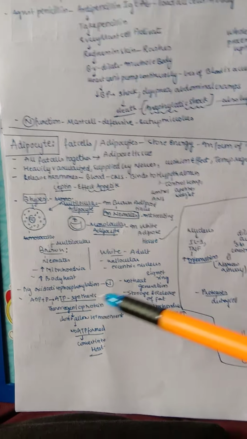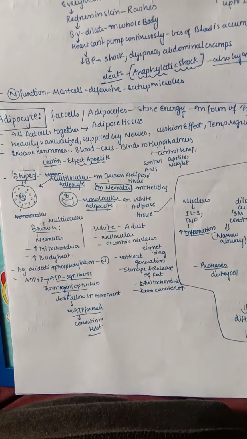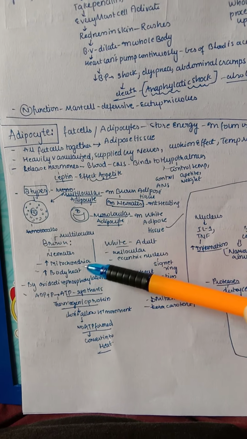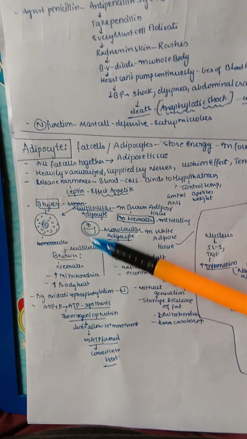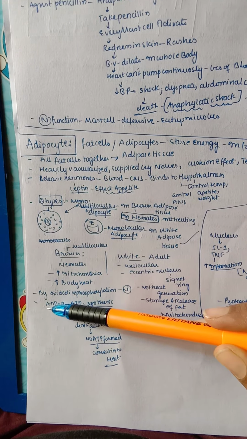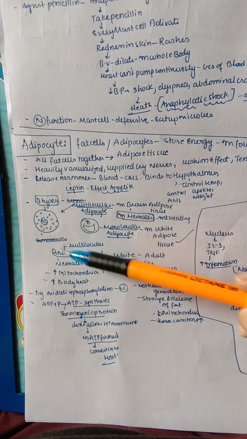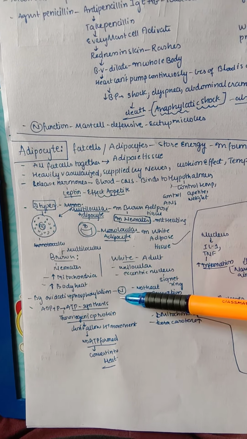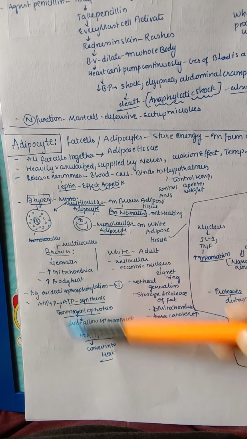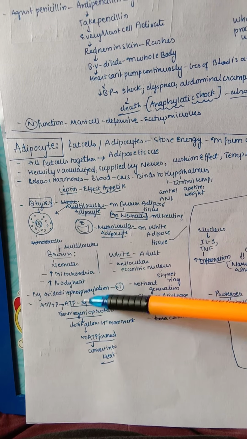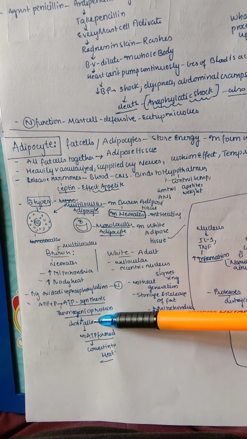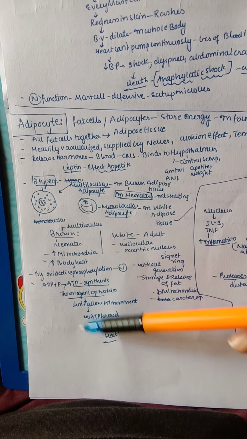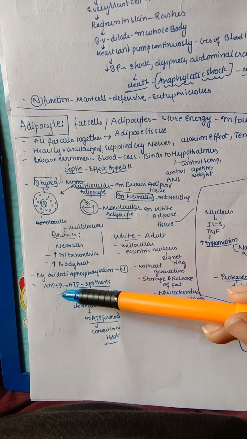So let us see some differences between brown and white fat. The brown, we know, is multilocular, present in neonates. They have a greater number of mitochondria, so that they can produce more body heat. And here the oxidative phosphorylation process doesn't take place in the brown, whereas in white the oxidative phosphorylation is normal. What happens in oxidative phosphorylation is ADP plus phosphorus together form ATP. So as we all know, by oxidative phosphorylation in the mitochondria we form ATP. So here what happens is this process, ADP plus phosphorus into ATP.